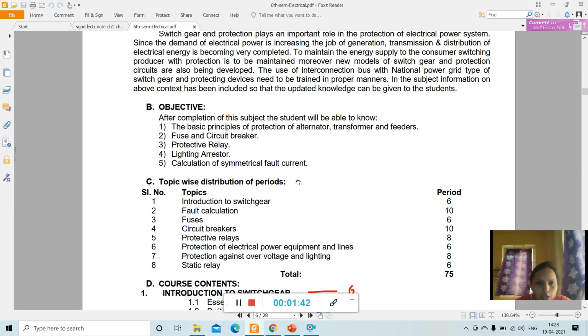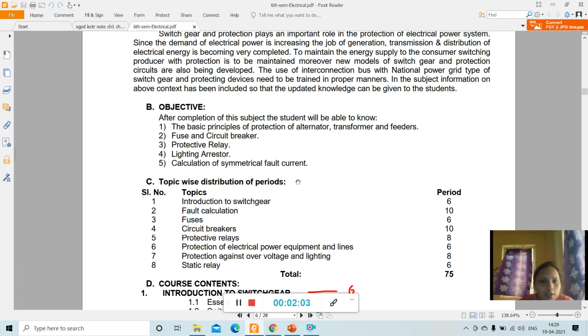switchgear and protective devices. So here we will study about different protective devices like fuse, circuit breaker, relay, lightning arrestor. Also we will study about the different types of fault, then calculation of fault current. Okay, so